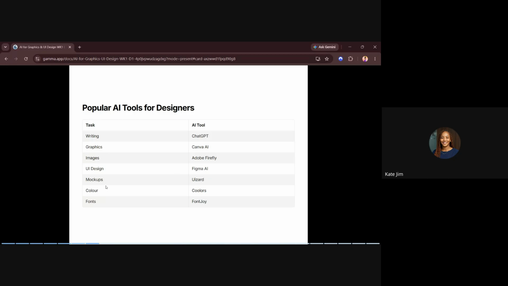Then colors, if you want to generate color palettes, good color palettes, Coolors is one of the best ones to use. And if you're someone who uses Figma, they have the plugin. I think, yeah, they have the plugin embedded in Figma. Then Font Joy, this is one of the best for fonts. Though we have Google Fonts too, but we're talking about AI tools. Font Joy is very good too for fonts. And I'll introduce you to many more as the program unfolds. So for now, just keep this in your head and try and explore them if you haven't.